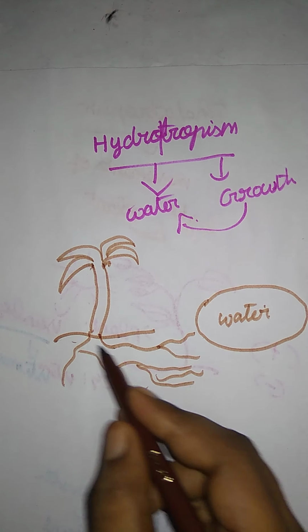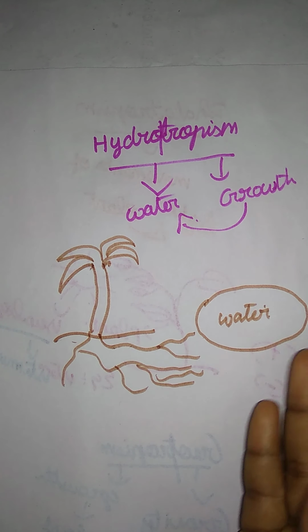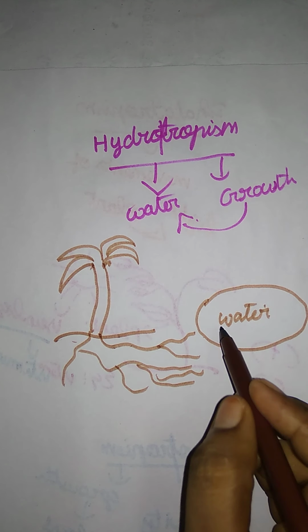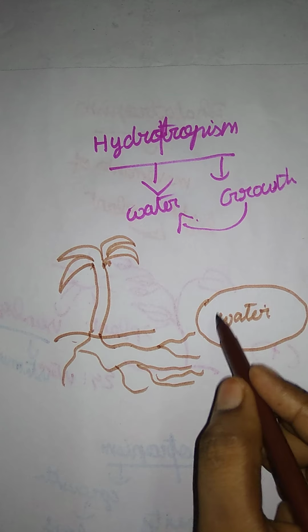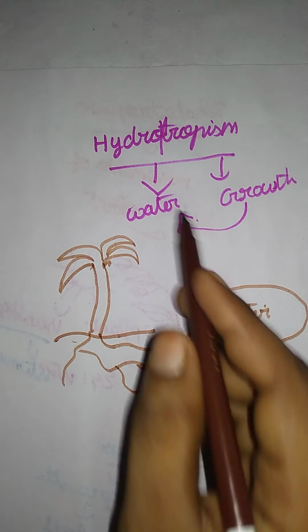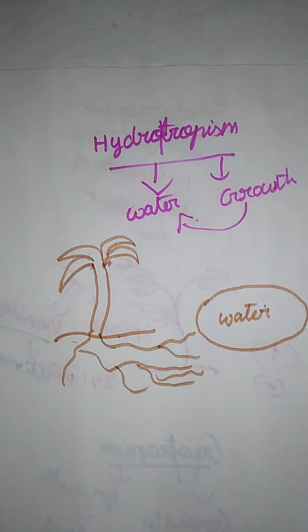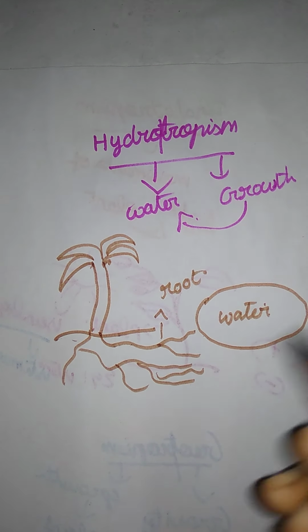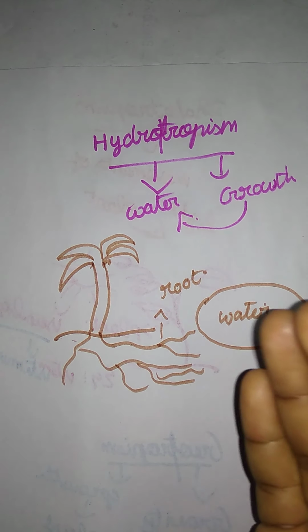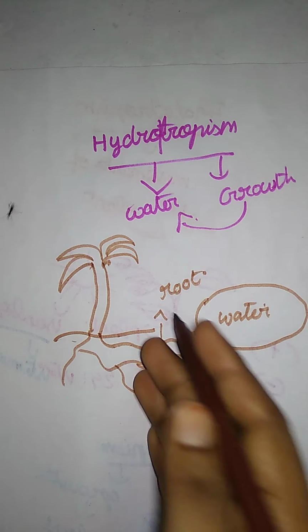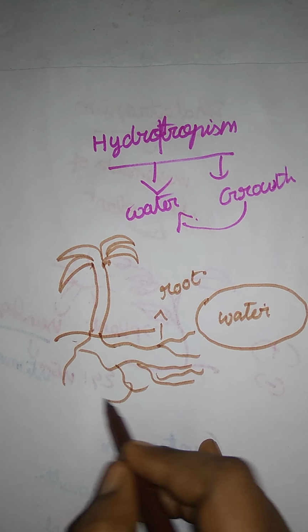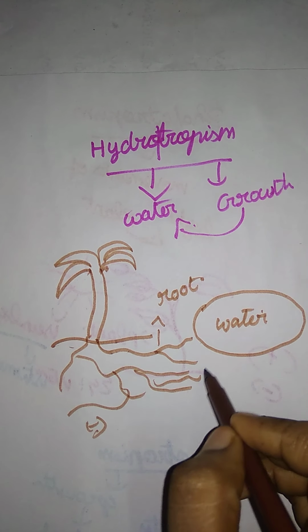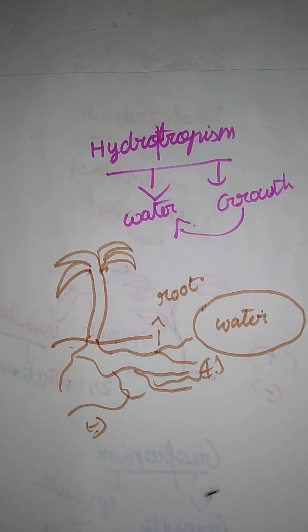So usually they move towards the water area. Here water is the stimuli, the root is searching for the water, just growing in that direction. Okay, that is hydrotrophism. Here hydrotrophism takes place in the root part. Okay, so that's it for hydrotrophism. They have another, opposite direction. If you go in an opposite direction, that is negative, so this is positive hydrotrophism. So that's it for hydrotrophism. Let me move on to the next one.